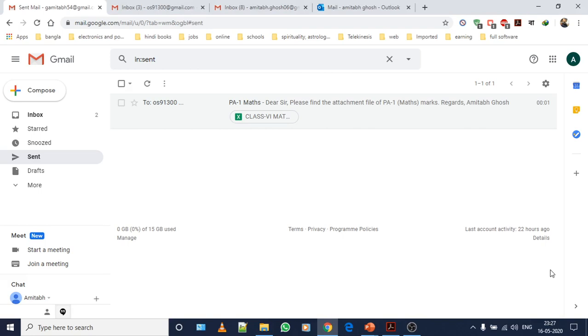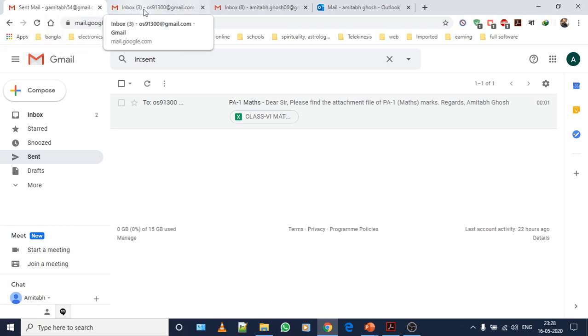So if you remember, yesterday I showed these four mails for demonstration. This mail ID I have created for learning purposes. If you hover your mouse on top of this Google Chrome tab, it will show the name or email account of my mail ID.